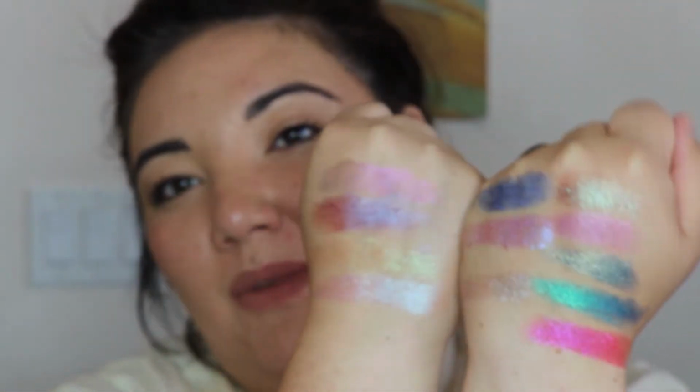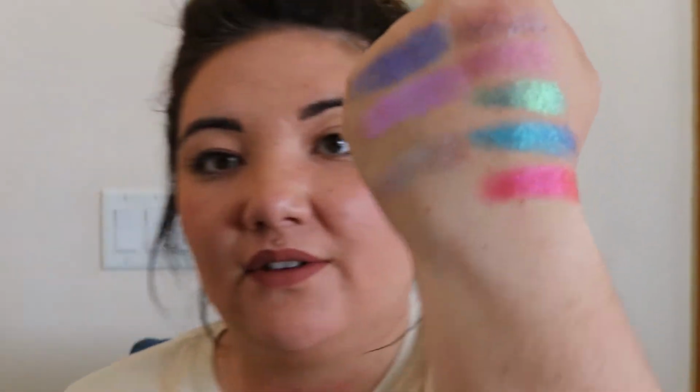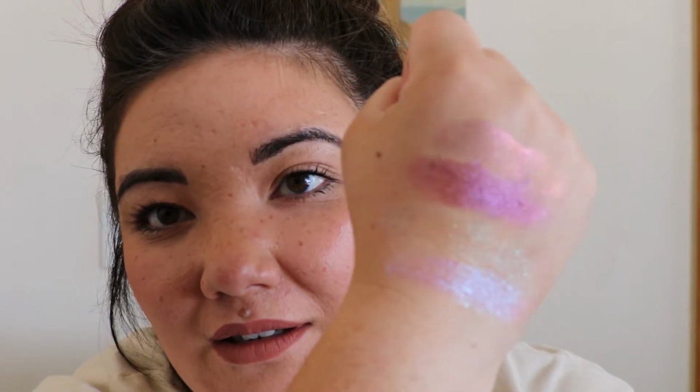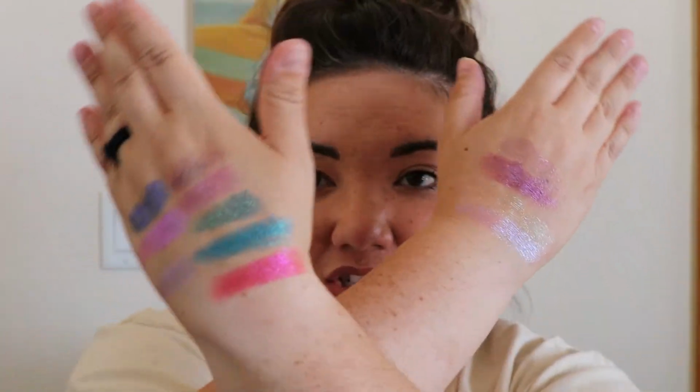Holy smokes, my hands look so cool right now. This is with my light turned off. Do you see how shiny they are even with no ring light? This is just natural light coming in from a window. Oh my gosh, it's so good. Hand show. So before I put some on the eyes, I am going to put some matte in the crease